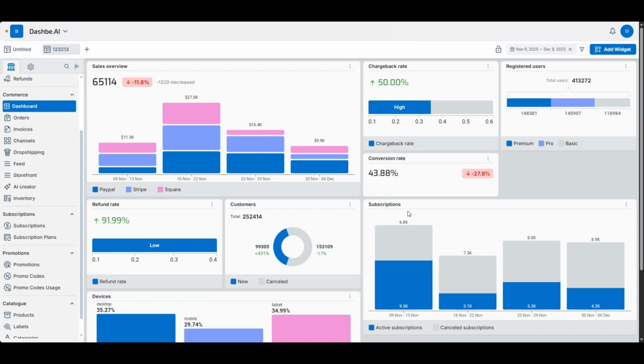Hi everyone, here's a sneak peek into Dashbe. There's a lot of features, so I'm gonna zoom right through. I may not even show some, but